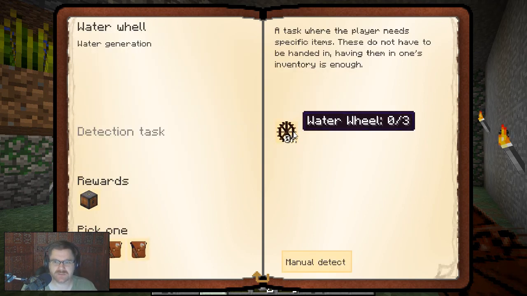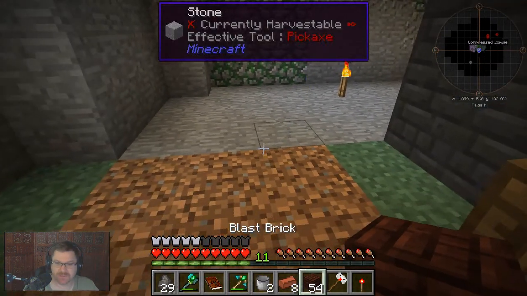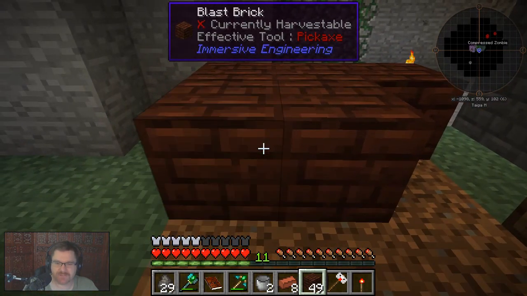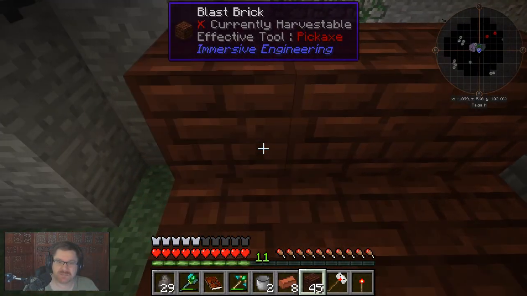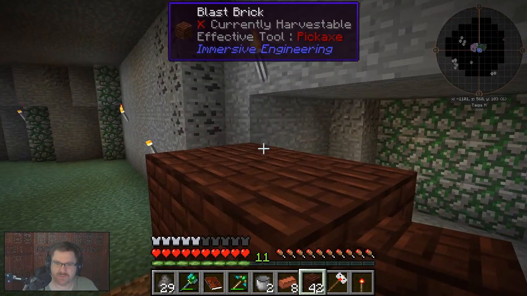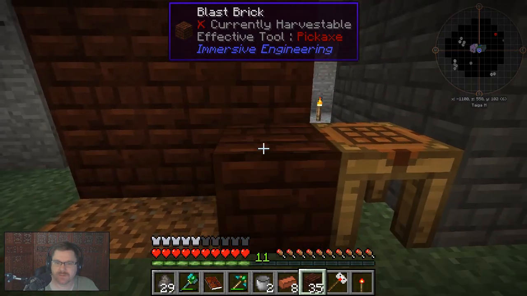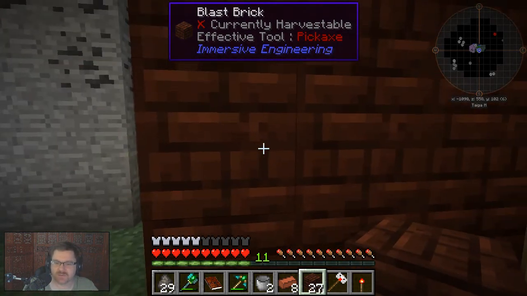So it's going to ask us to build 3 water wheels, and we actually get a reward of a kinetic dynamo, which is great, which is really handy actually. And they gave us, as a quest reward, more blast bricks. So we can actually set up another blast brick oven eventually, or what we're going to do, we're just going to save those for later. Because we can make an improved blast furnace with automation